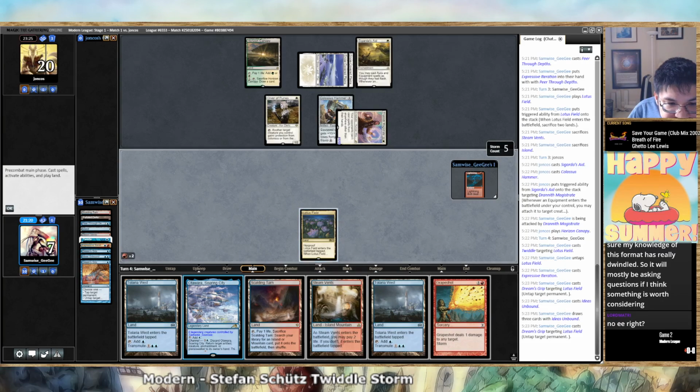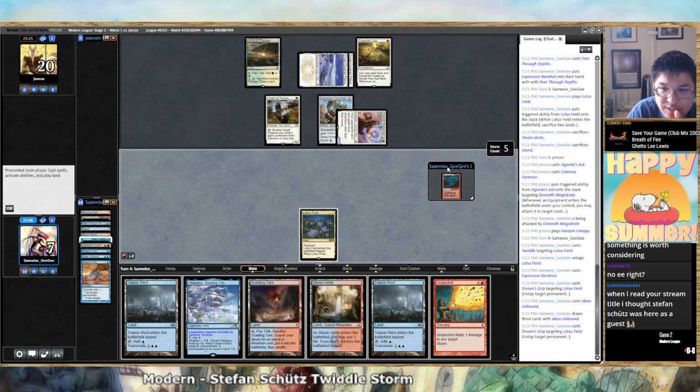Two, three, four, five, six. I can fetch an island. No. Sorry, Chrono Savant. I wasn't trying to imply that. It's just it's his deck. Sorry about that if you were... I wasn't really trying to get anyone, but...